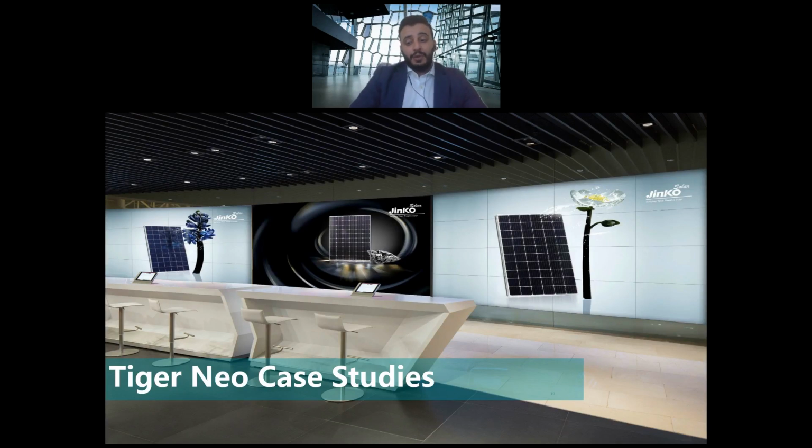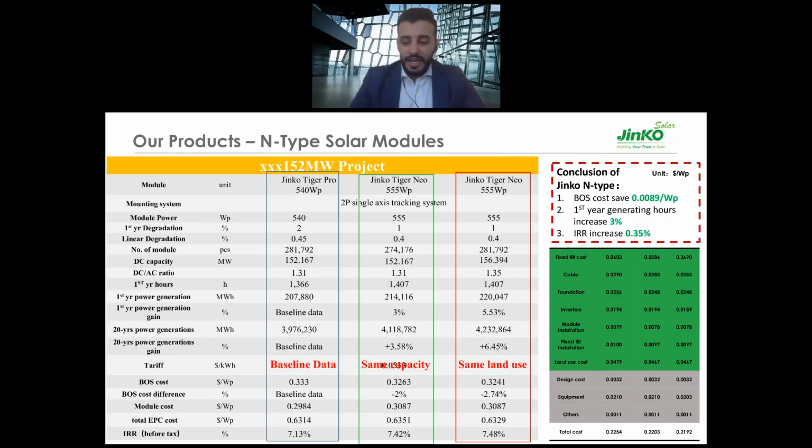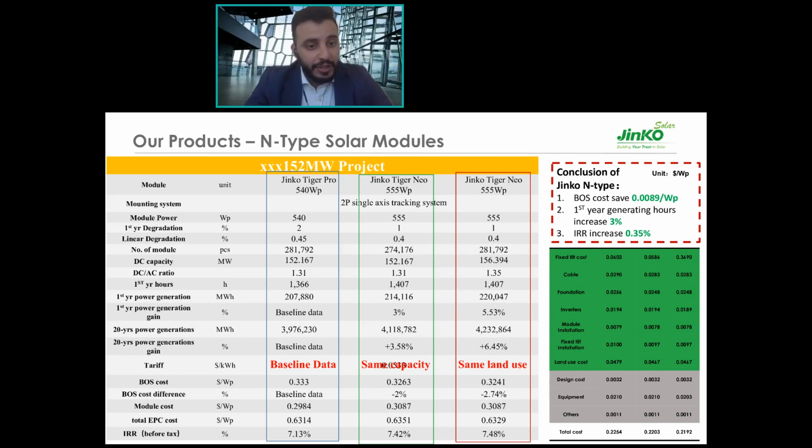But if we look at case studies, and this is maybe because I'm from an EPC background, usually I like to put things into numbers, and we all like to look at things in numbers. We have done this simple analysis. I'm going to talk about 3 projects very fast. I know I don't have a lot of time, but the first one is a comparison between the 540 watt